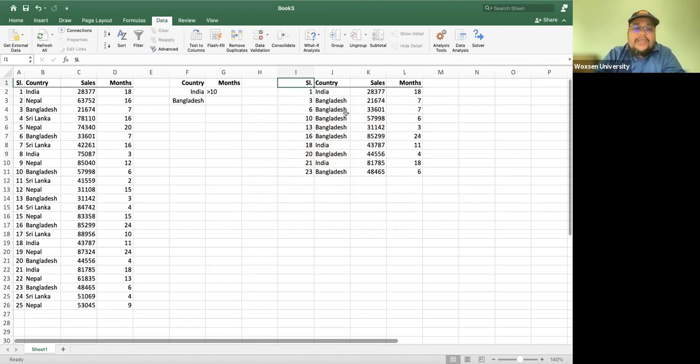So you can see we have the records of only India and Bangladesh, and we have the data where we are supposed to get greater than 10. So let us examine, for India, we have got 18 months, for India, we have 11 months, and for India, we have 18 months. So probably because we have kept the Bangladesh portion empty,